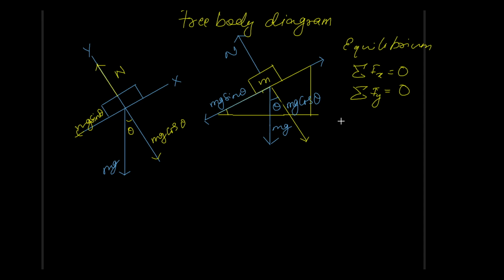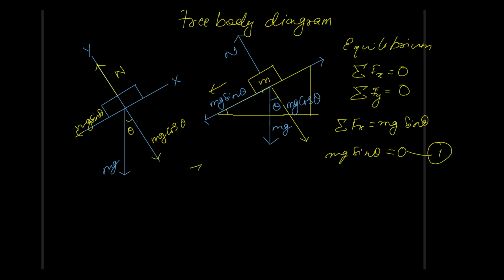Okay, so from the free body diagram, what I can write for Fx is mg sin theta. I only see one force in x direction, this is your mg sin theta, and we know the summation of forces in x direction is 0. So therefore mg sin theta will be equal to 0. Give it as equation number 1. You have got the equation for the sum of the forces in x direction is 0,